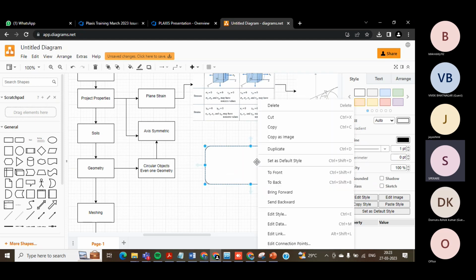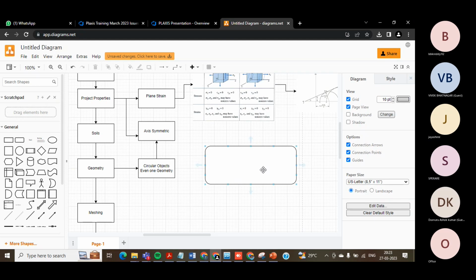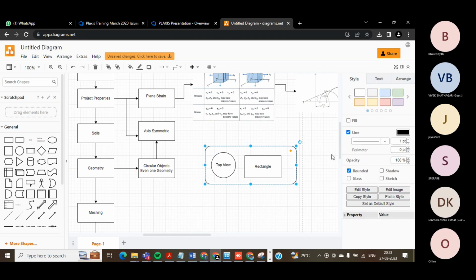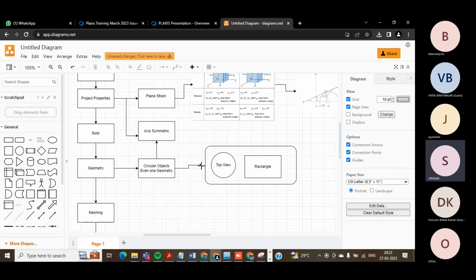Now I hope you all got it. So what do you mean by an axisymmetric condition? An axisymmetric condition says that if you have circular objects, and if the object in the top view, when you are looking at that particular geometry, looks like a circle,